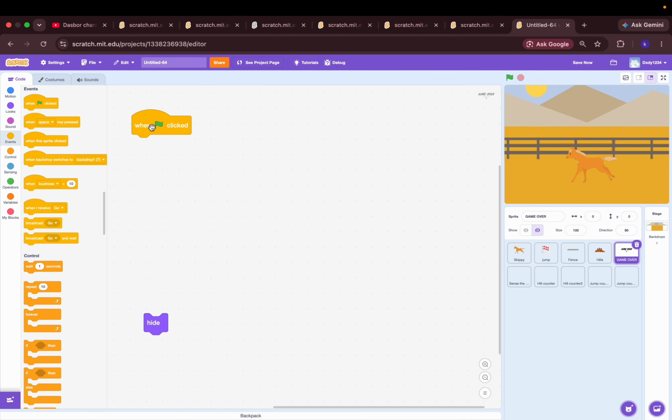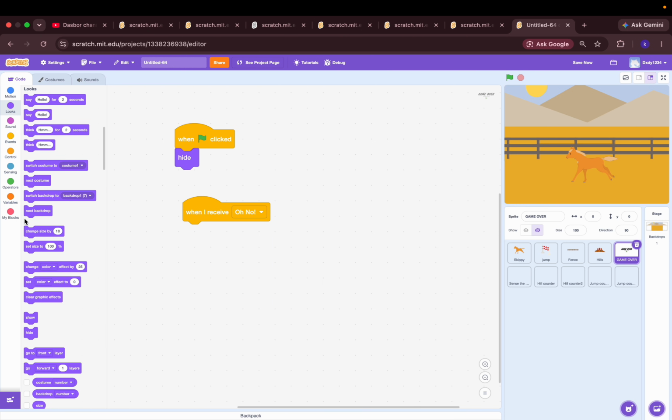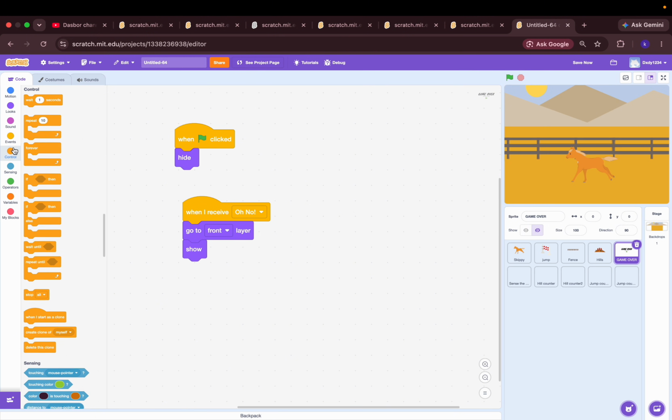Next, the Game Over screen. When the game starts, make it invisible. When it receives the broadcast message "Oh no," the very first thing it does is bring the sprite to the very front layer and make sure it's visible using the show block, likely signaling a game over screen or a critical